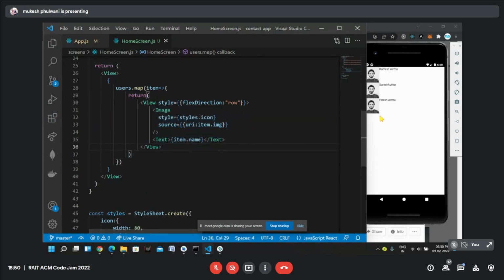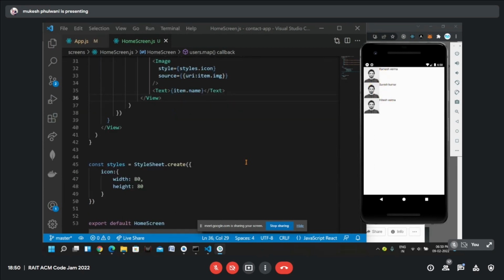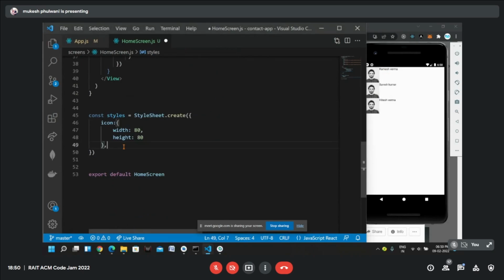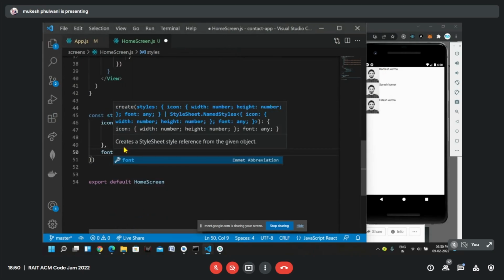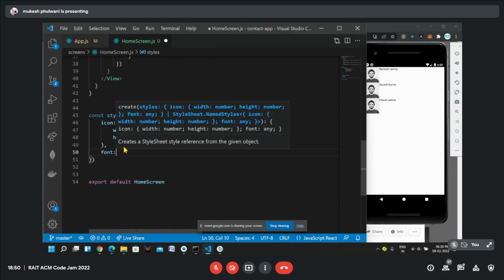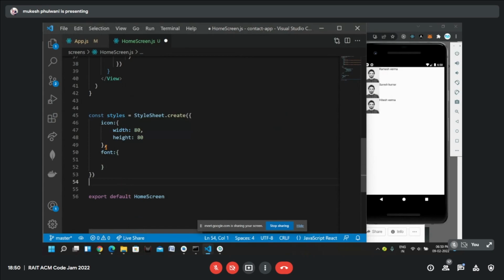Now I want a little spacing. Let's say we do not have enough spacing. First of all, I will increase the font size. I can see this font size is very small. I can create an object here, let's give it a font name, and let's say we will have a font size of 20 units.